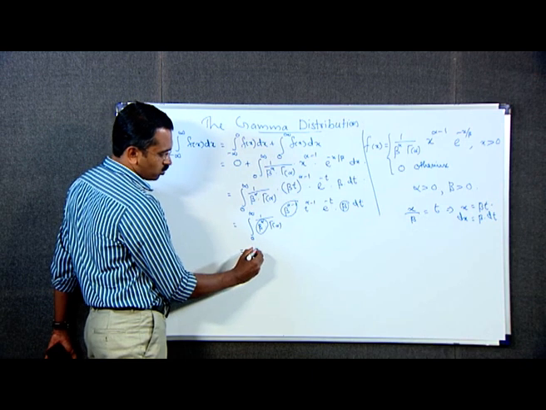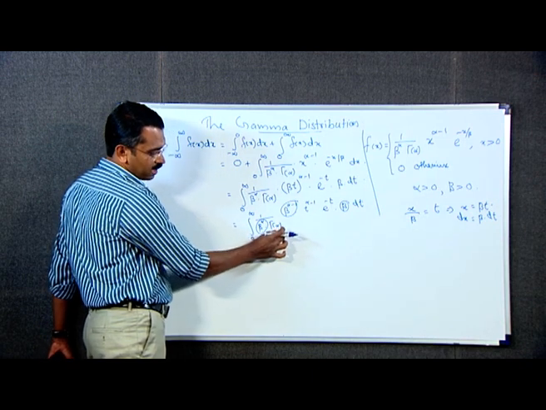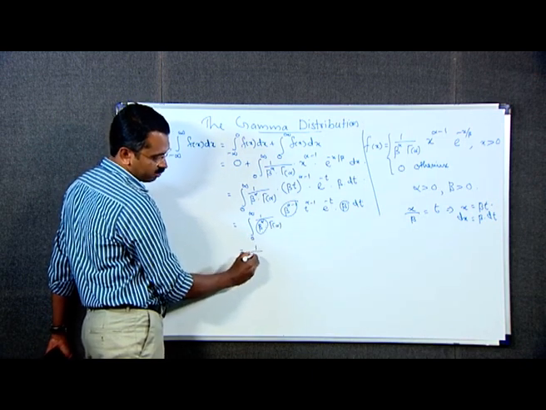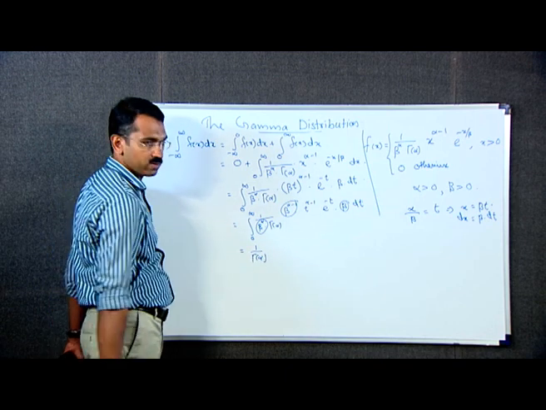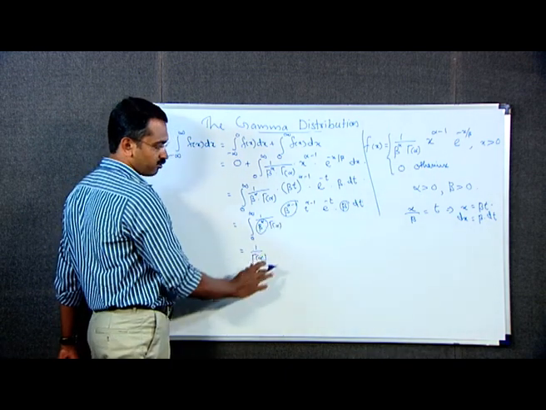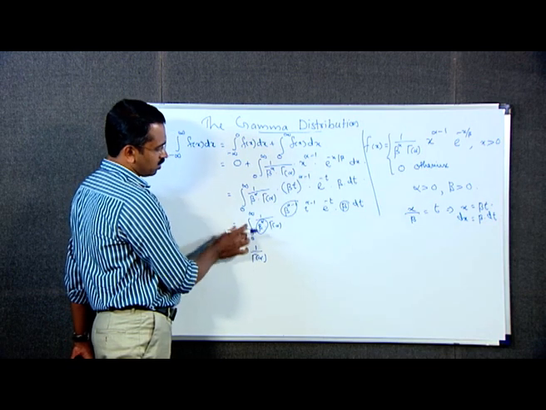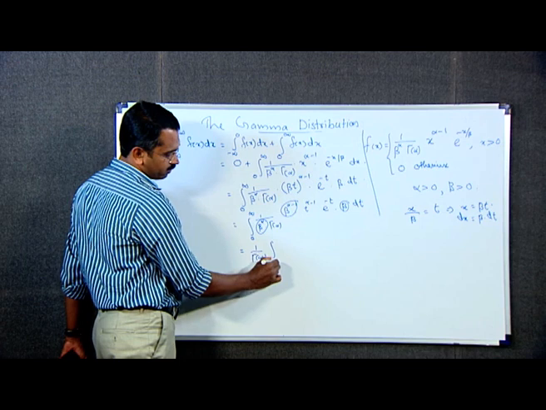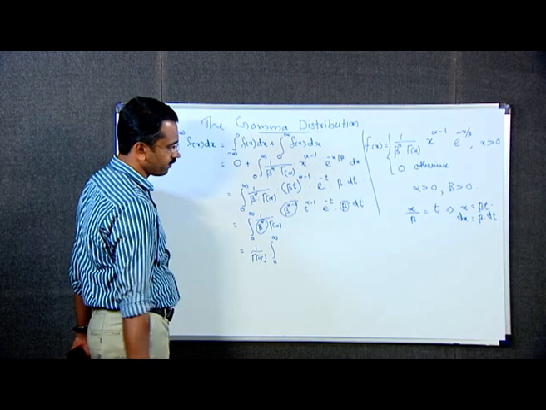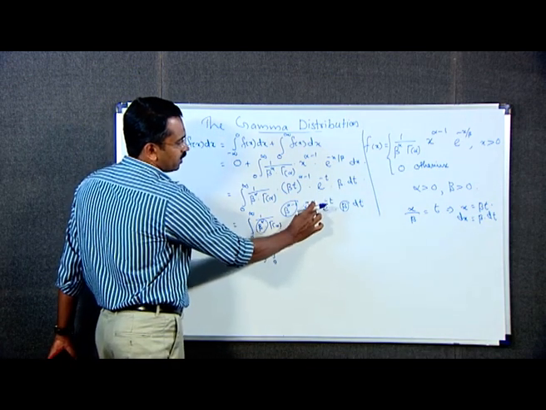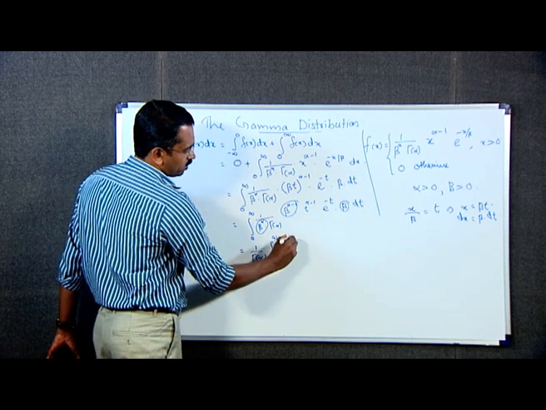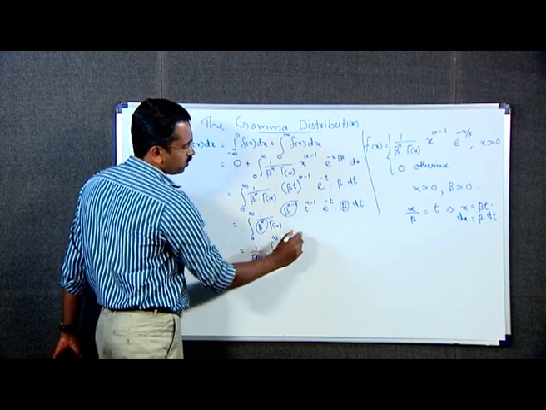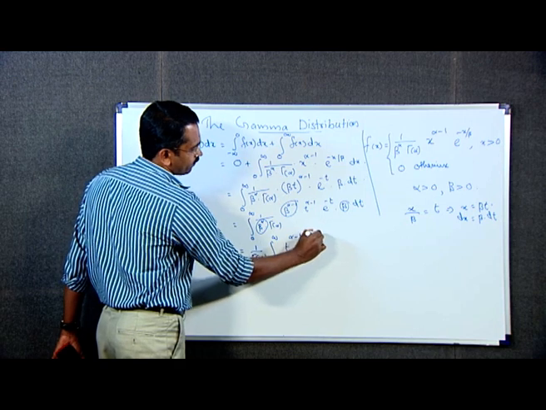The 1/Γ(α) can be taken outside of the integral because it is a constant independent of t. Therefore, this is equal to 1/Γ(α) times the integral from 0 to infinity of t^(α−1) e^(−t) dt,